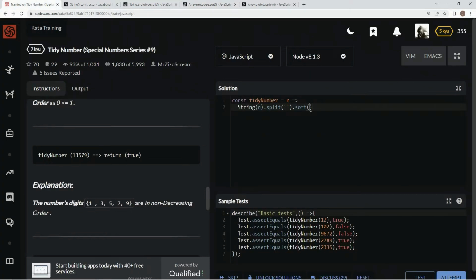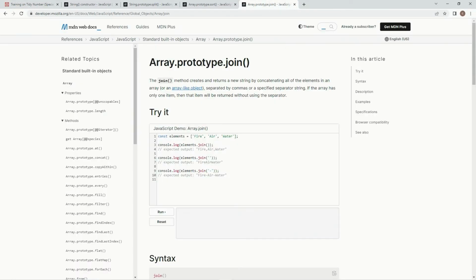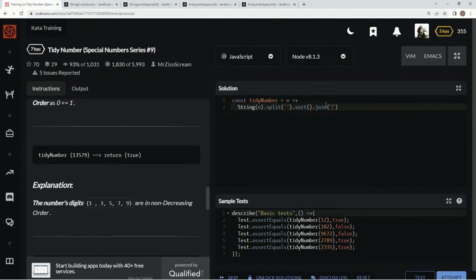So we're just going to leave sort like this since it's single digits, and then we're going to join it together. Join by the empty spaces in between the characters. Join is just like split except the other way. All right? And we're going to see if this equals n, a double equal sign is good,